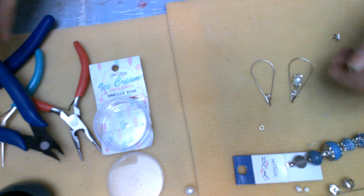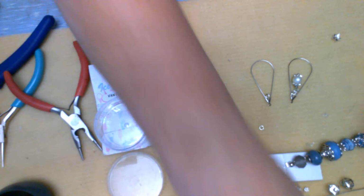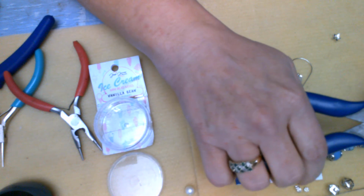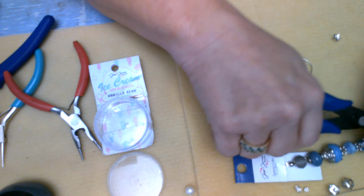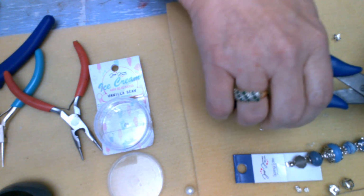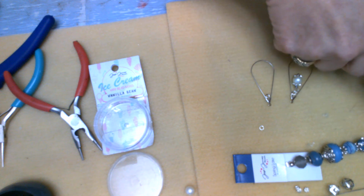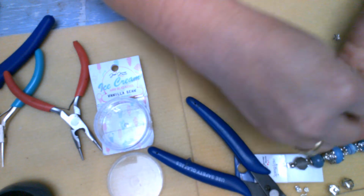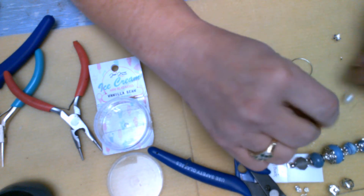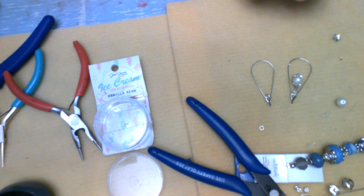Well, I must have. And this just shows you, we don't do everything perfect in our tutorial. So I'm going to snap this right off, because my bead cap slid right off of that eye pin or head pin. So let's see if I can find a bigger head pin right next to me with a bigger ball. Some of my balls come up a little bit